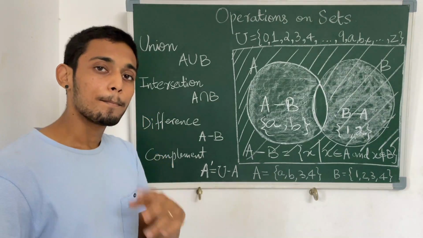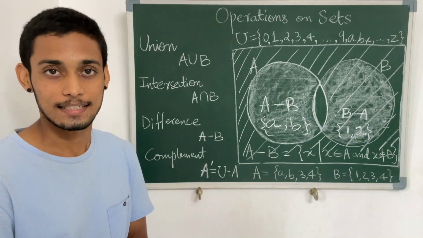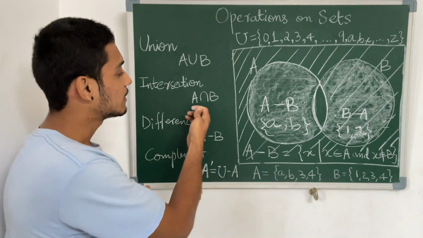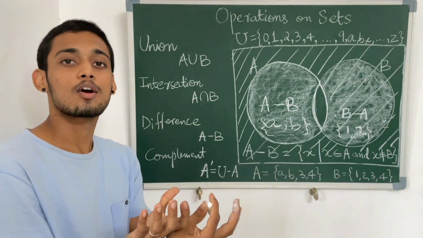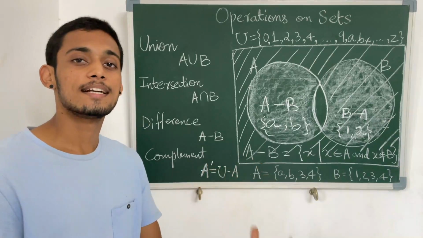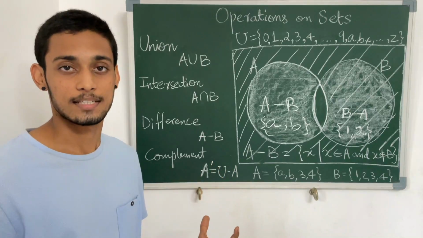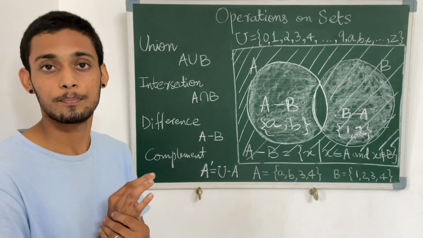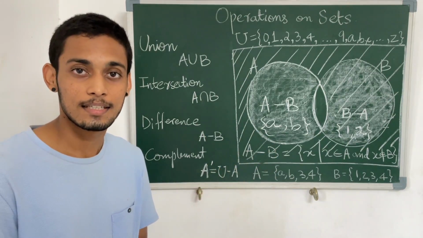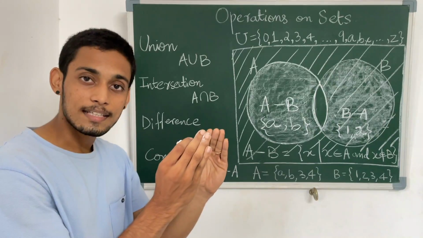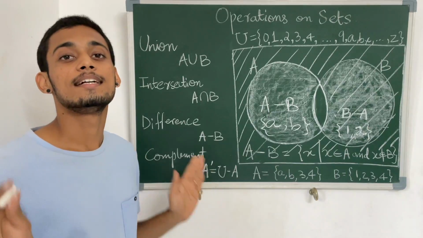There are two more important terms that are used widely, that is disjoint sets and intersecting sets. Suppose that we take the intersection of two sets A and B. If there is nothing common in them, then we say that these two sets are disjoint. That is, the intersection of these two sets is null, is phi, is the empty set. Then we say that the sets are disjoint. In the same way, if there is any element in common, then we say they are intersecting sets. If the cardinality of the intersection is one or more, that is, if they have one or more elements in common, then we say that the sets are intersecting.